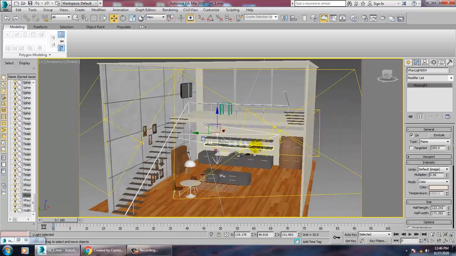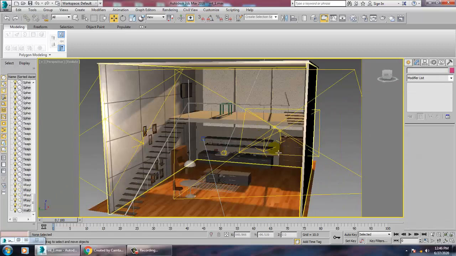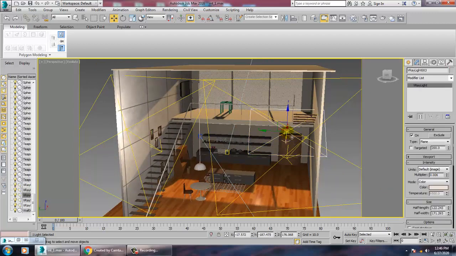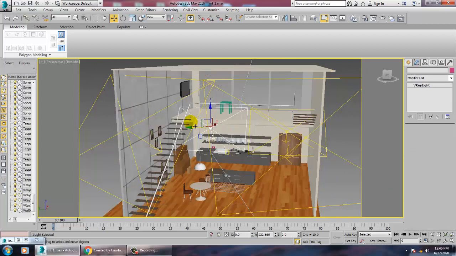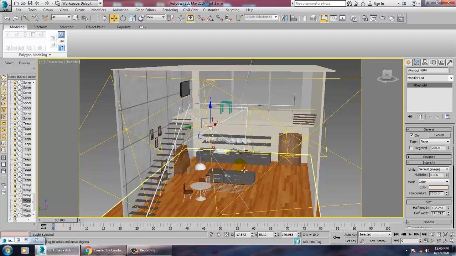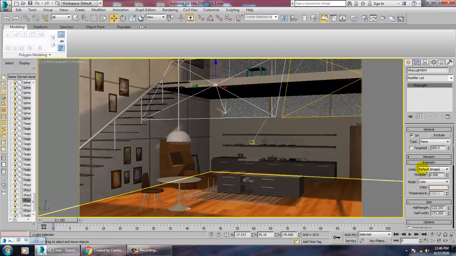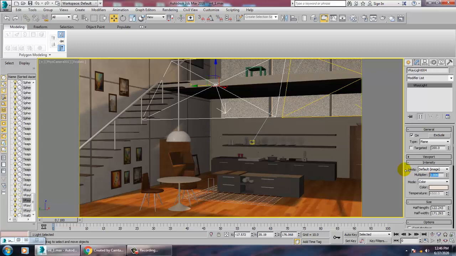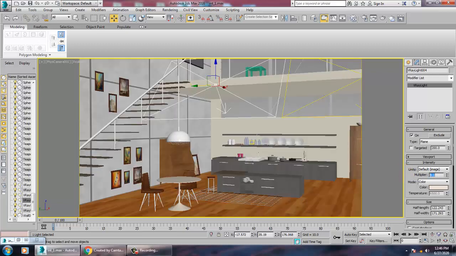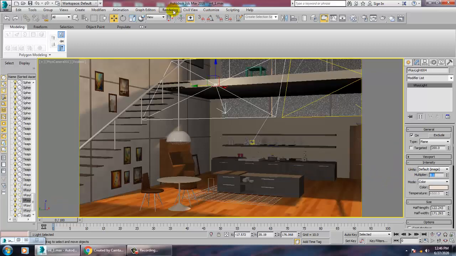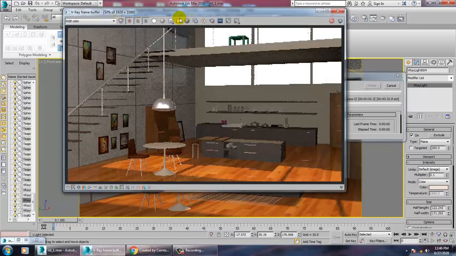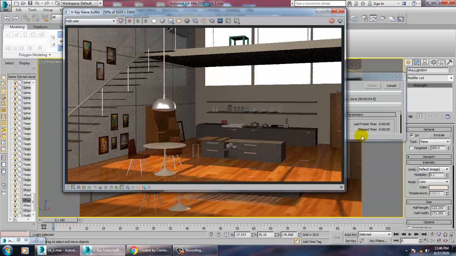You can just delete this light. I'll select this light and place it again over here. If you feel the light is a bit less, we can shift to 0.1, and let's see how it looks. So much better.